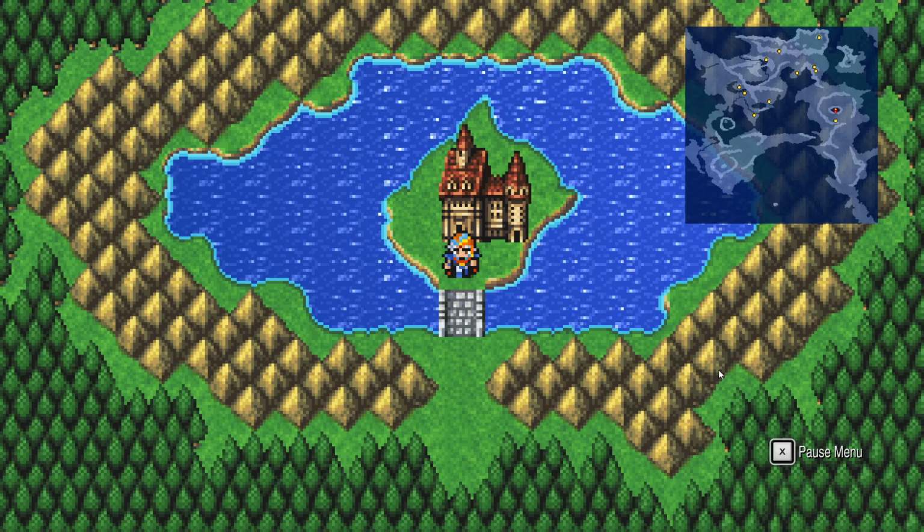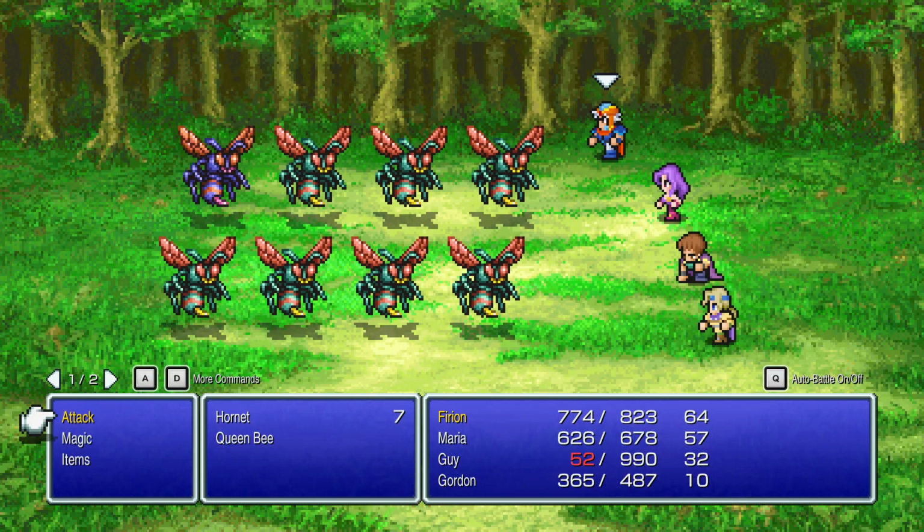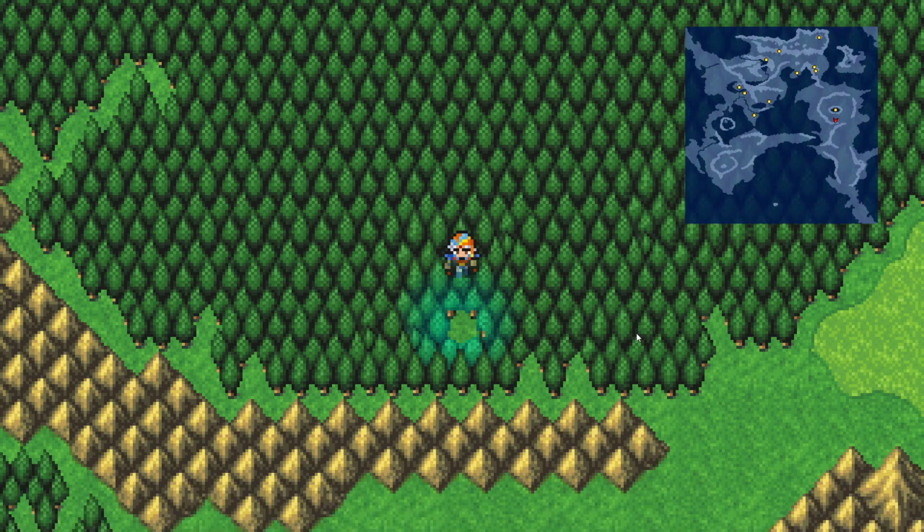First thing we should do is head back to Altair. And the quickest way to get to Altair